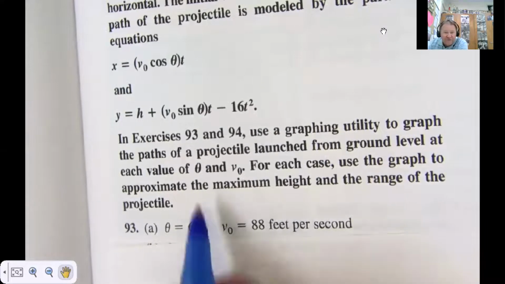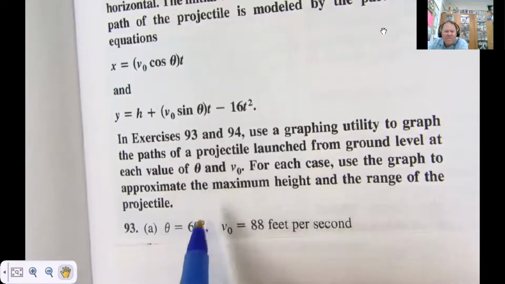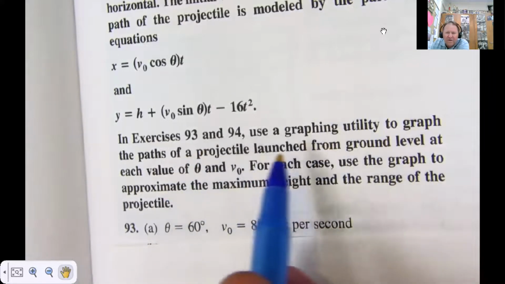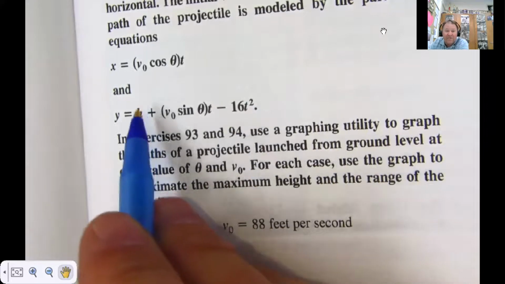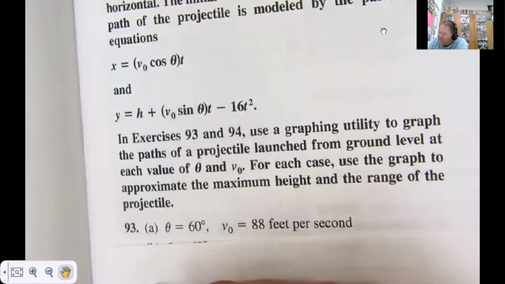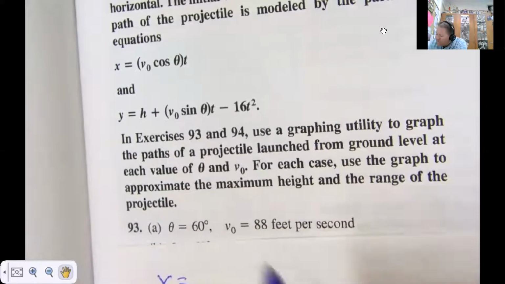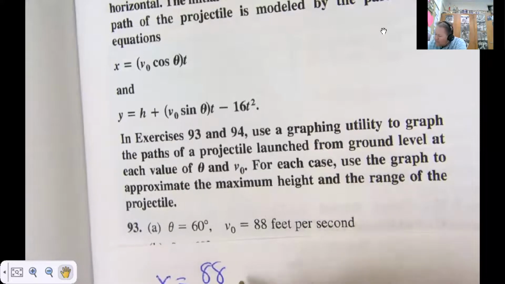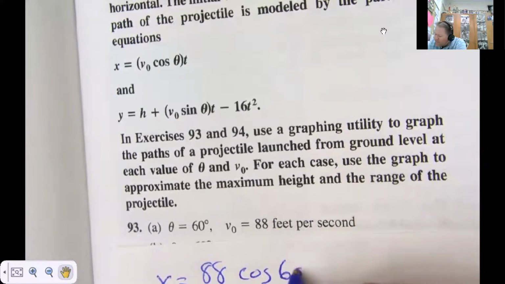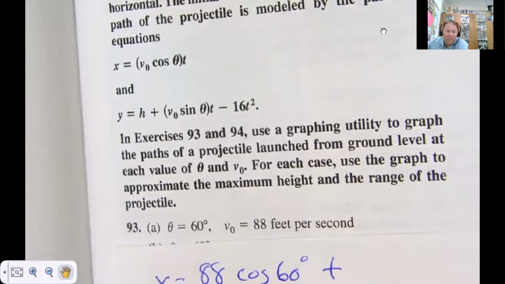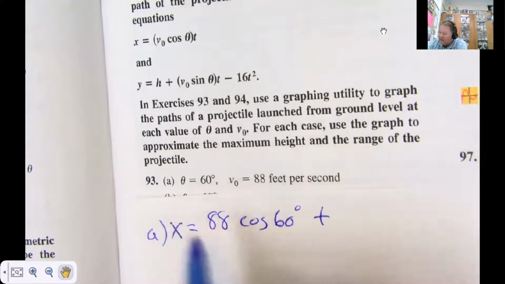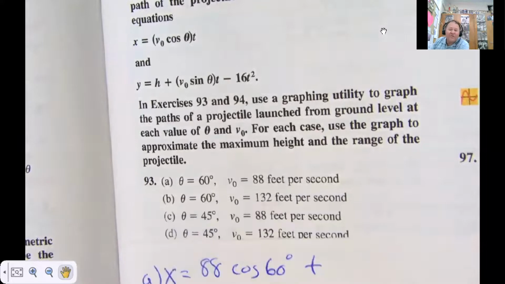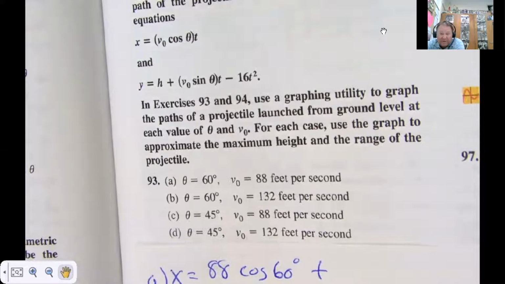So the first thing is we're going to substitute some values back in. Launched from the ground means that the initial height is 0. That is going to make it easier. In the x direction, it's going to be v sub 0, which is 88, times the cosine of 60 degrees, t. This is for 93A. Because these are borderline extra credit kind of questions, in fact they probably are,